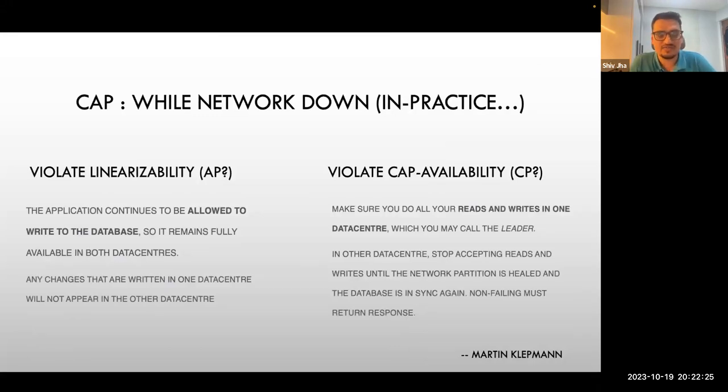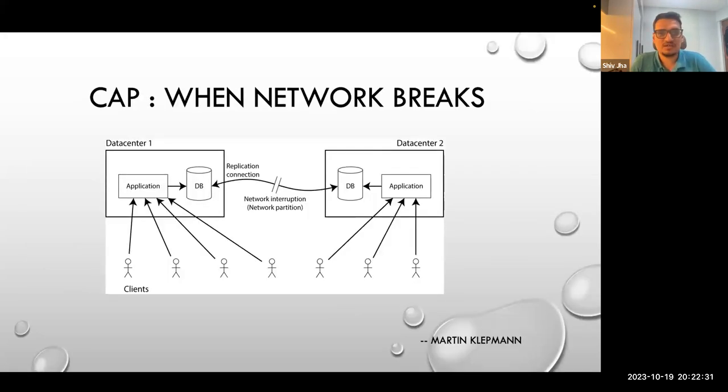So while the network is down, that's when you think of the CAP theorem. You have two choices. You either allow your users to connect to data center 1. In our example, Alice might be connected to data center 1. And when Alice connects, knowing that data center 1 cannot talk to data center 2, you can either return the result, in which case consistency is violated,